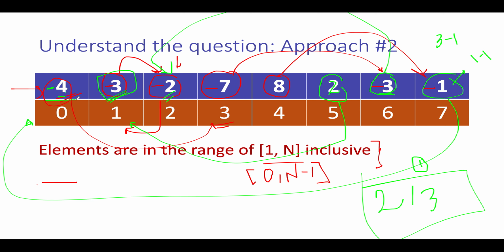I hope you got the context. What we are trying to achieve by this route is we are simply negating that particular index in the input array so as to get the logic that it has been visited in the past. If you have any doubts, don't worry, it will be all clear in the coding section. So let's jump on to the coding part. The time complexity of this approach is order of n. The space complexity is again constant space as suggested in the question.